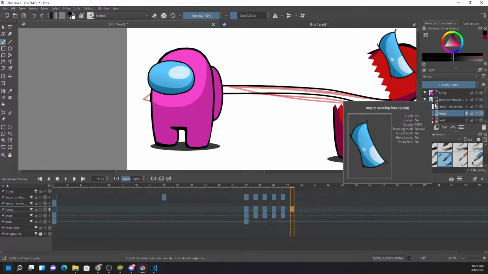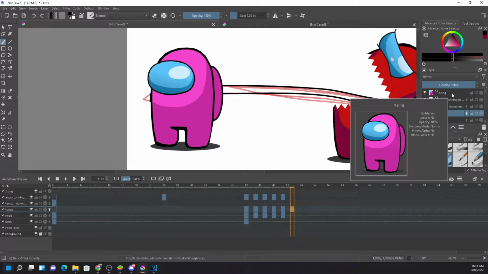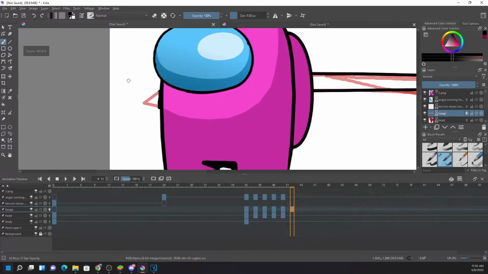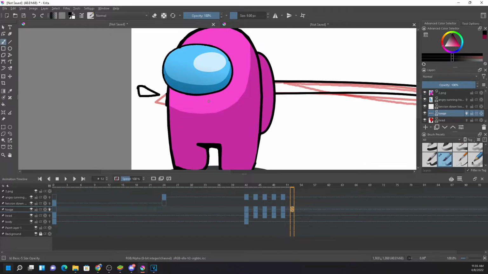So what should I do? You can simply go and place it over here, but after some time we will place the tongue below the body part, right? It needs to be below, even that is below. If you draw an image like this, it will go below this pink because the tongue layer is below pink. So what should I do?